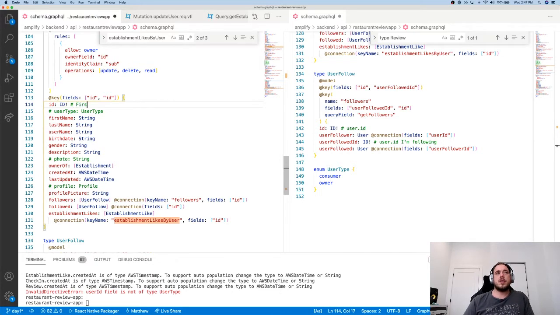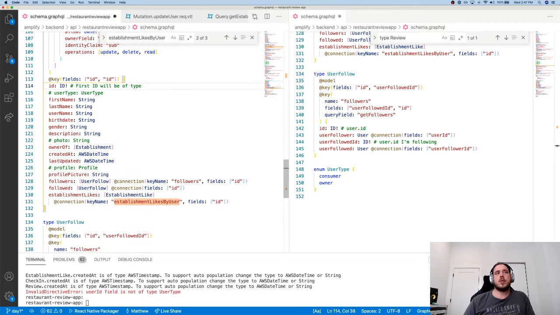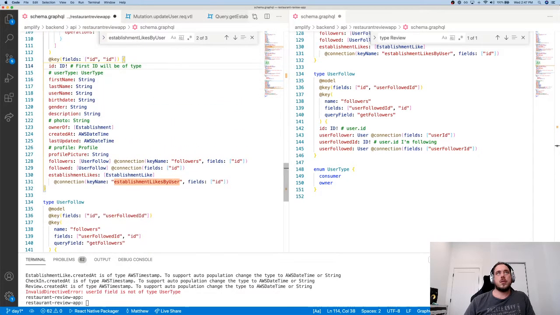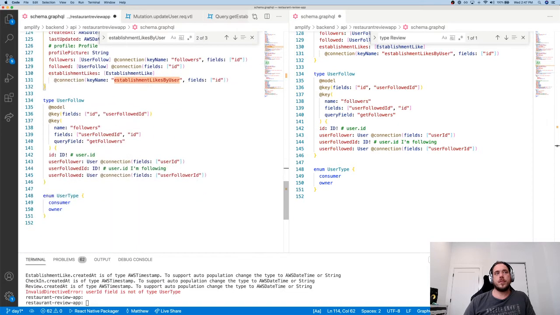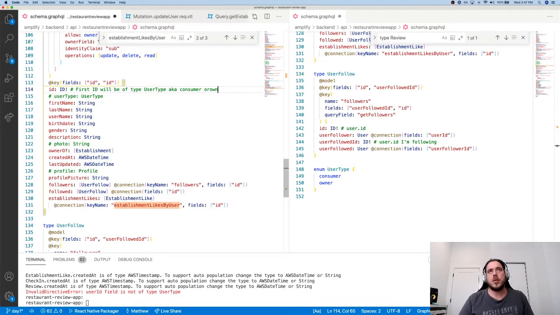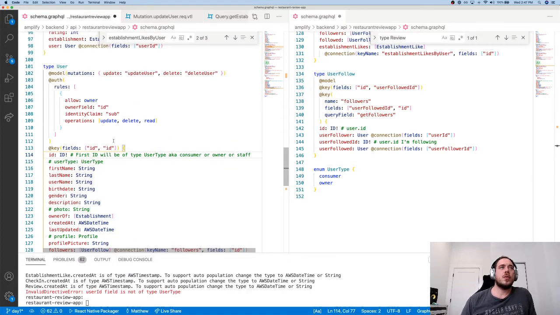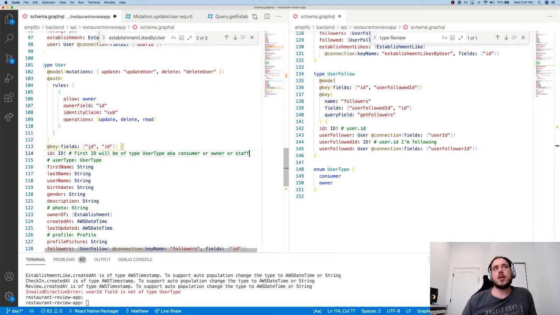first ID will be of type user type, aka consumer or owner, or maybe staff, right? Which would eventually maybe break down to where in this ID we can stuff some stuff in there